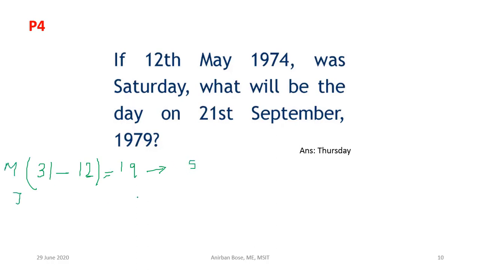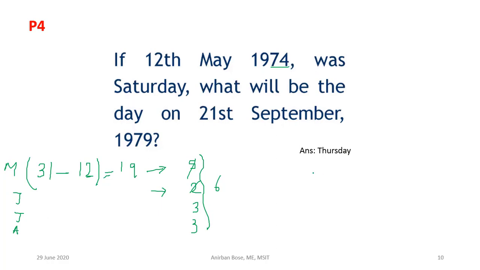Then June. June is 30. 30 means 2 odd days. Then July and August. July and August is 3 odd days. So how many odd days total? 5 and 2, 7. So that will cancel. 3 plus 3, 6. So up to this much we have got 6 odd days. Then we have come to 1974 August 31st, right?